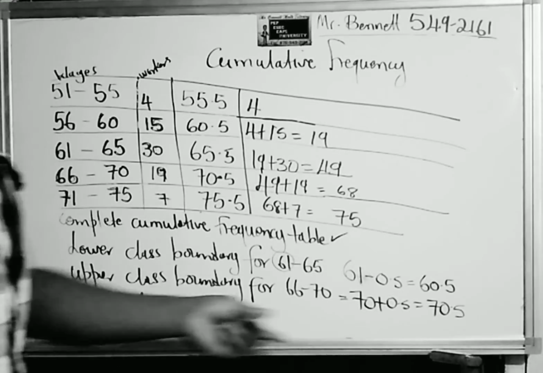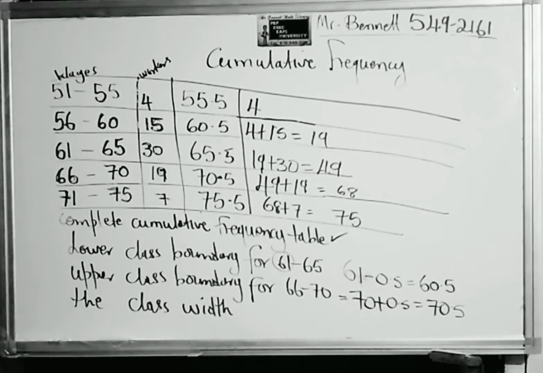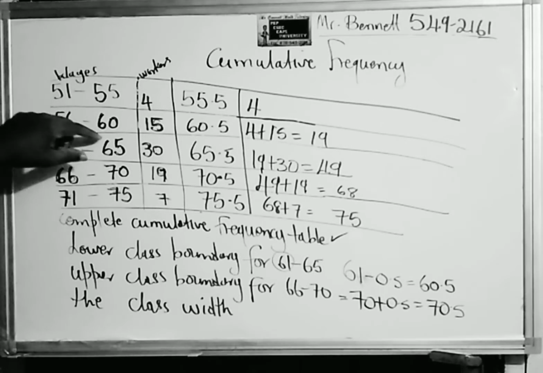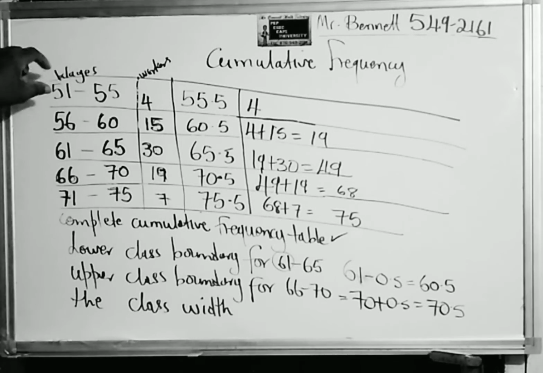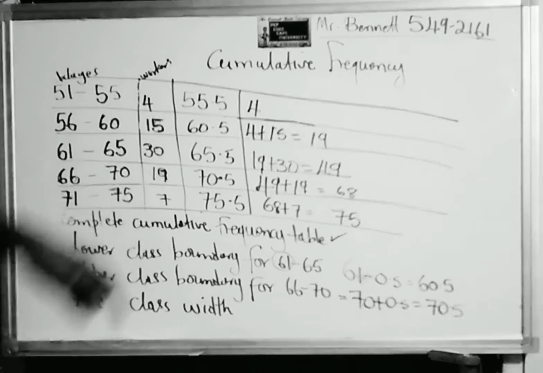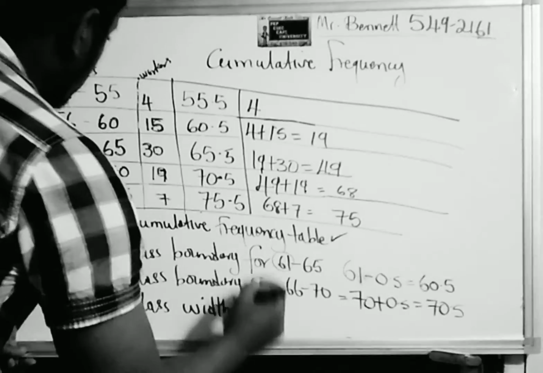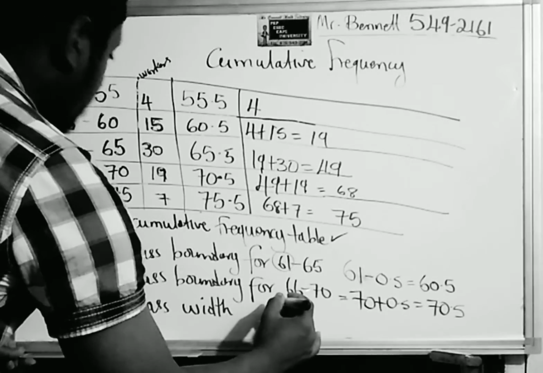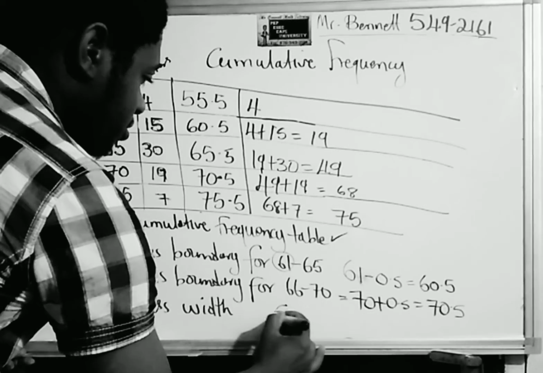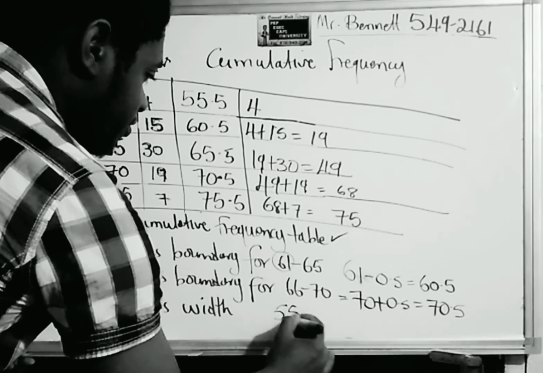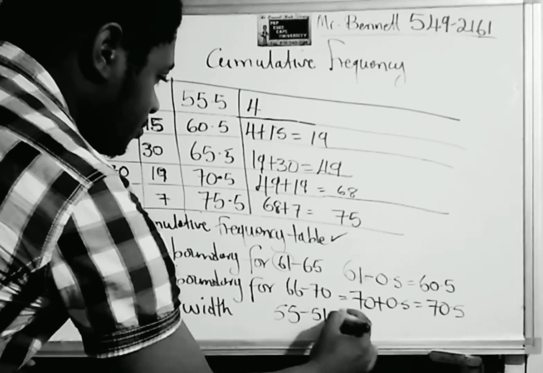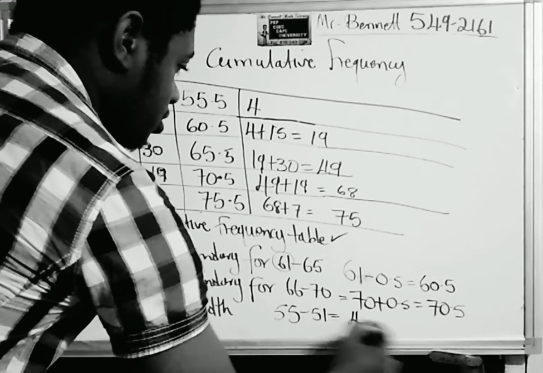And they ask us for the class width. Now the class width is basically the size, right? The size between the lower and the upper boundary. So we can just take any one of them because it must be consistent. So 55 minus 51 is equal to 4. So therefore